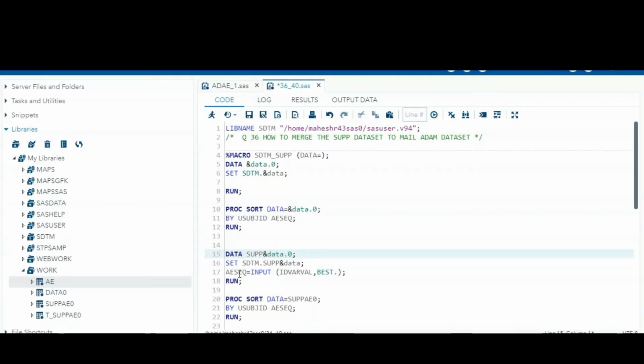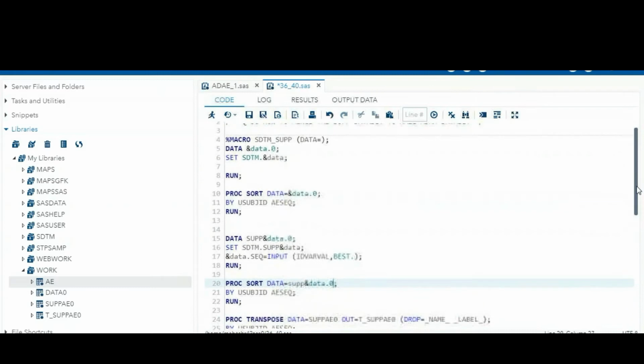Here the AE is also common, so ampersand data dot sequence. This one also is common: sub ampersand data dot 0.